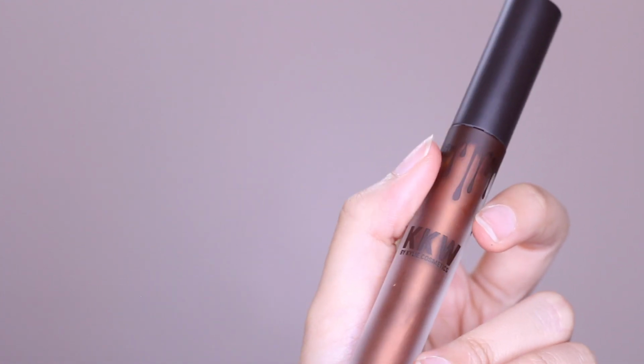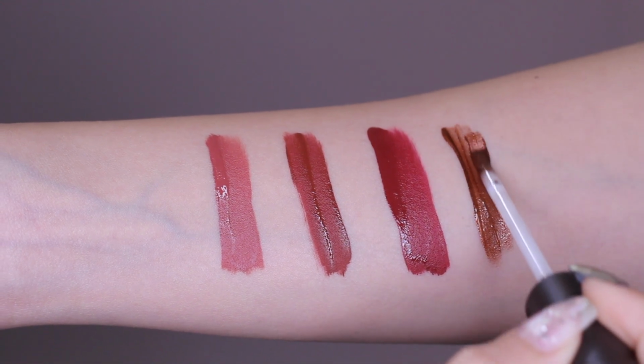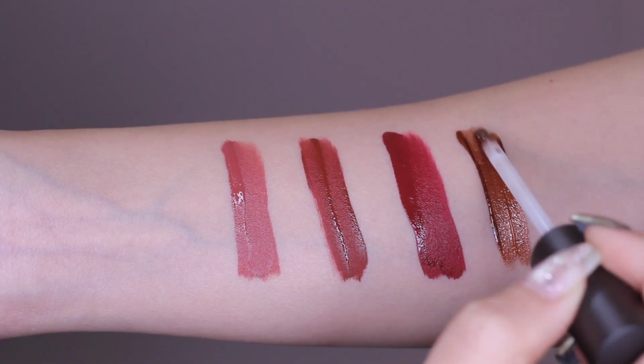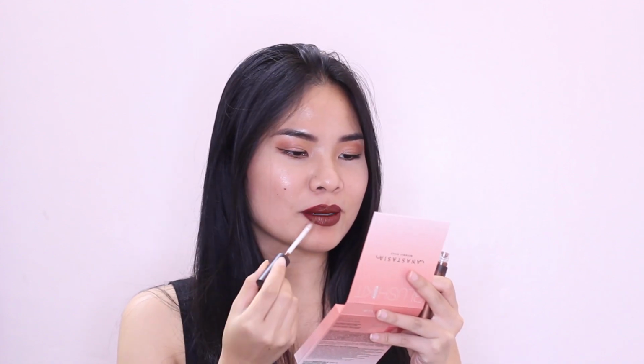Let's see how it works. And for the gloss, I will apply it on top of Soul Sister to see how it looks. This applicator is annoying, it's not the right one to apply lip gloss. Soul Sister with this gloss is better than on its own. But talking about the color of the lip gloss, I don't know if it works on its own. I tried, but then